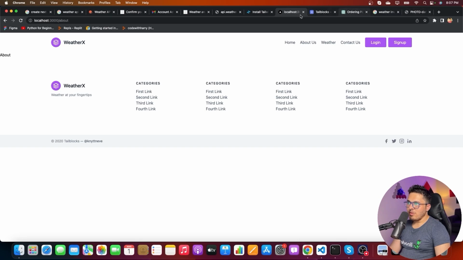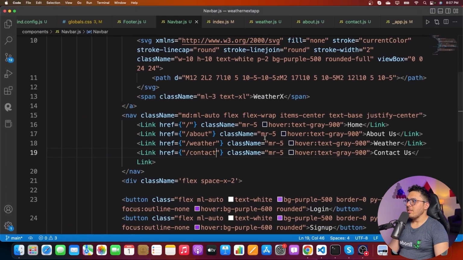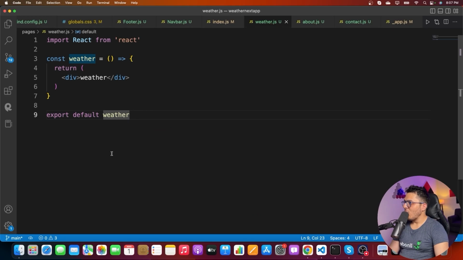I know that I can always copy things from tailblocks.cc, but I'm not going to waste time there. I want to show you the weather app in action. I'm not going to code login and sign up. You can always do that. You can always complete this app, but let me come to this weather page and let's see how beautiful we